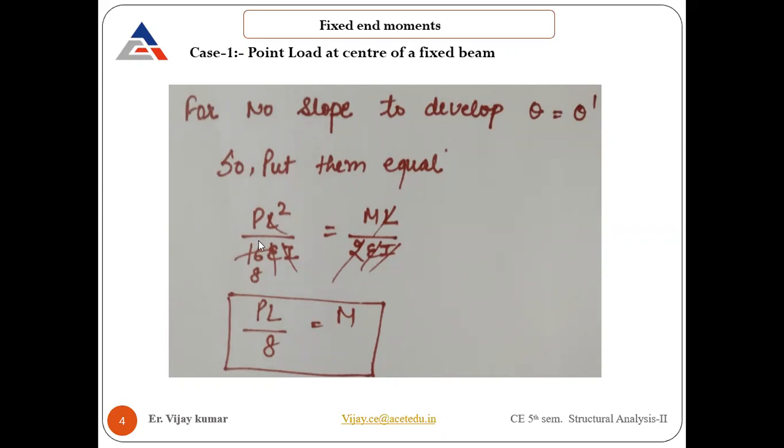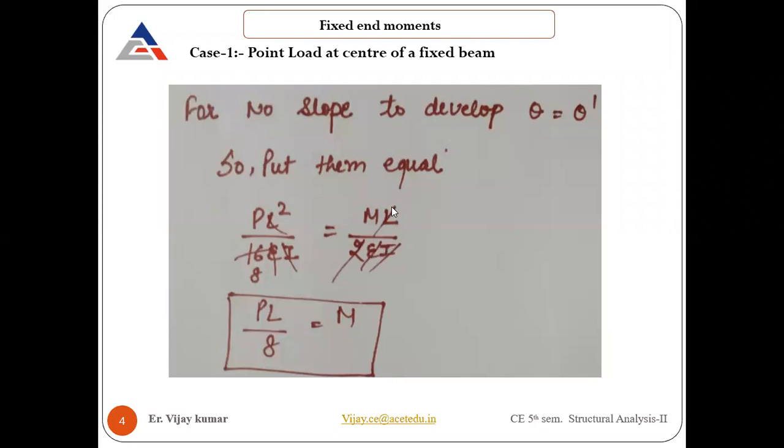Basically, if you remember, these are the values that we have calculated in SA1. We already calculated the slope in the case of a simply supported beam having a centric load at the center, with a magnitude of P. In that case, the slope came out to be PL square by 16 EI. And we also know that if moments are acting on the end points, the value of theta comes out to be ML by 2EI.